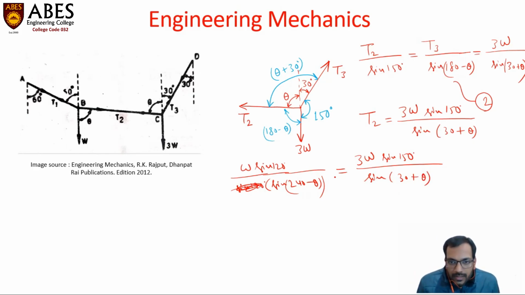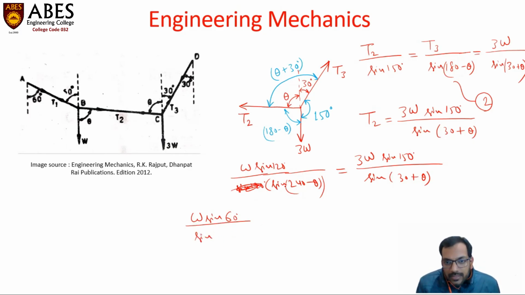We can also write this expression like this: W sine 120. Sine 120 can be written as sine 180 minus 60, and sine 180 minus theta is sine theta. That is sine 60 degrees upon